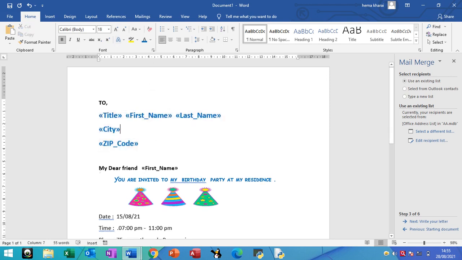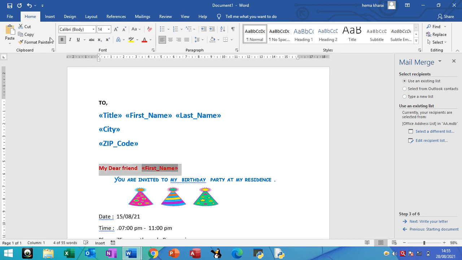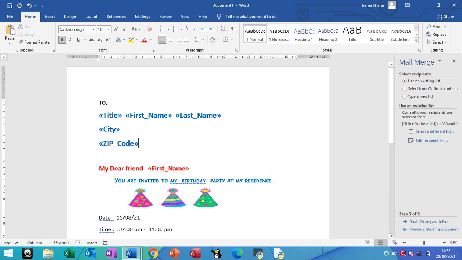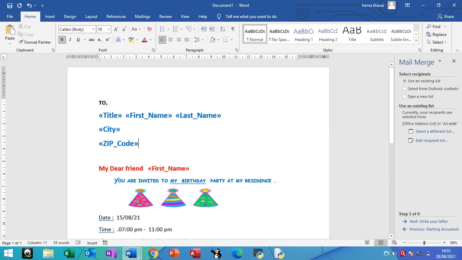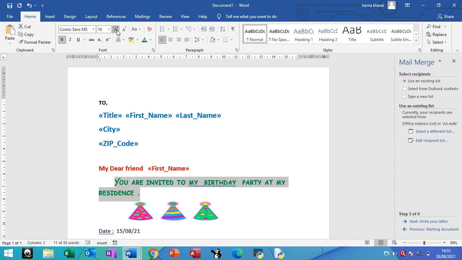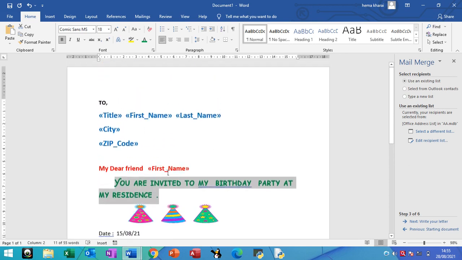And then my dear friend, you may use this different color here also. So I'm taking red and make it bold, it is already bold. I'm making slightly bigger. So this is all my letter. I may use a different color here, so that you can see different things in different colors. I'm using this. So these are few things which I have used in my merge field.